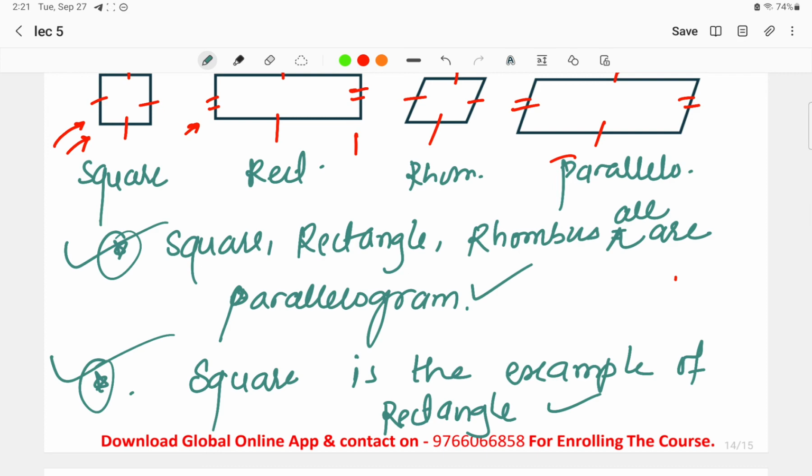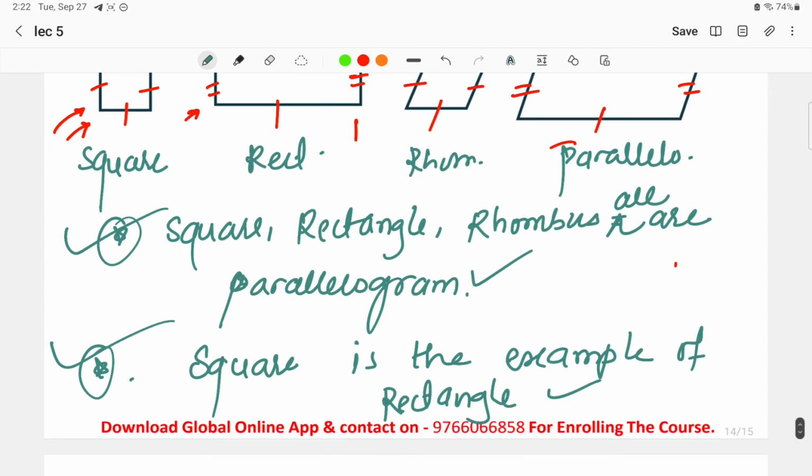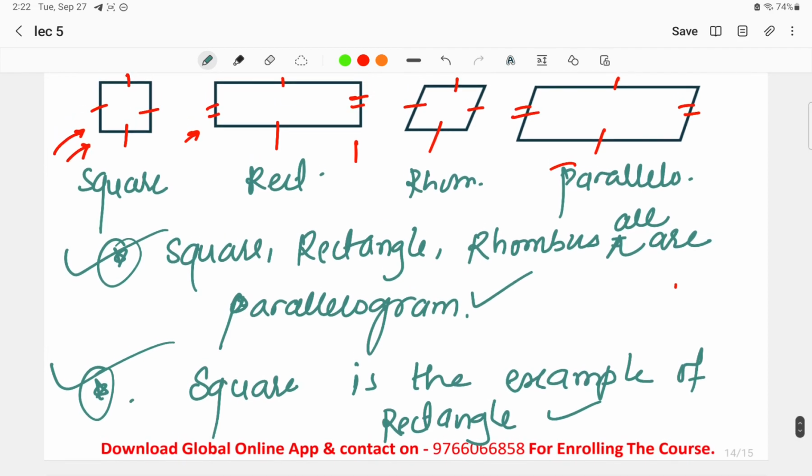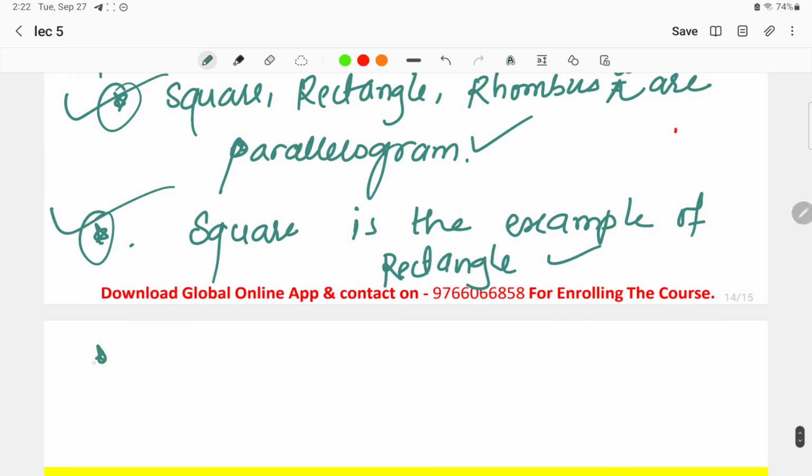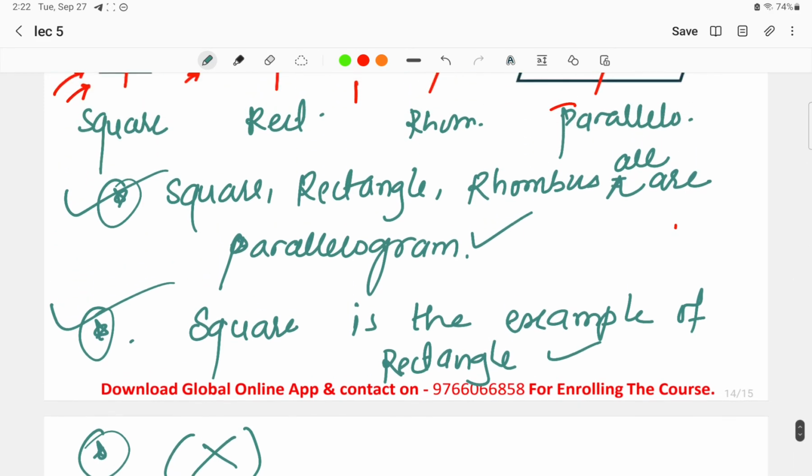At the same time, is the square an example of the rectangle? The answer will be yes. Next, the thing that we have to keep in mind is that if the question is asked vice versa, that is, is the rectangle an example of square? Now if this question is asked, is rectangle the example of the square, then the answer will be no. Why? Because the rectangle is not following the properties of the square, so it is not the example of the